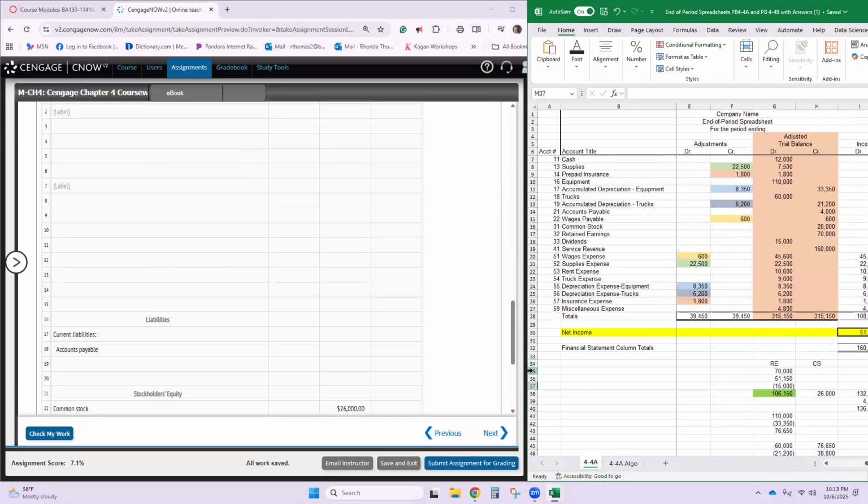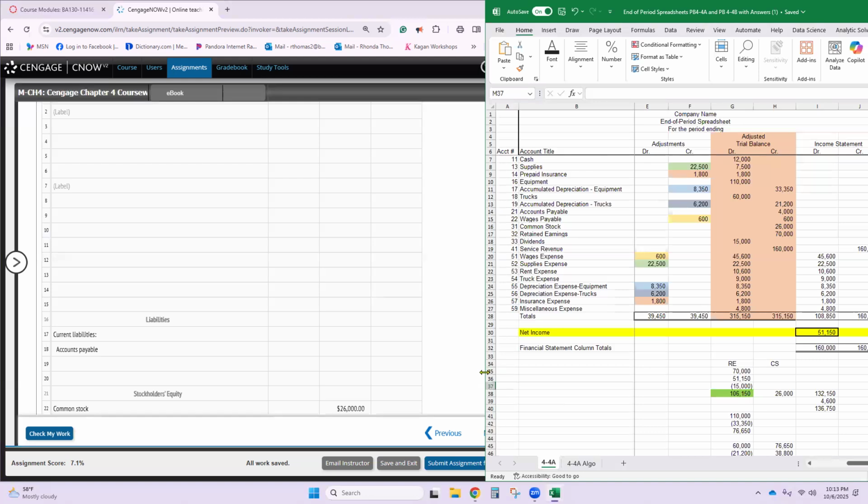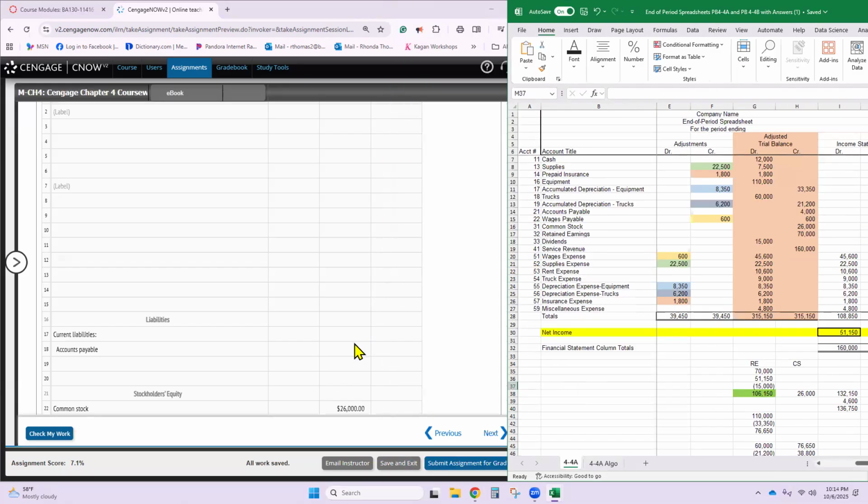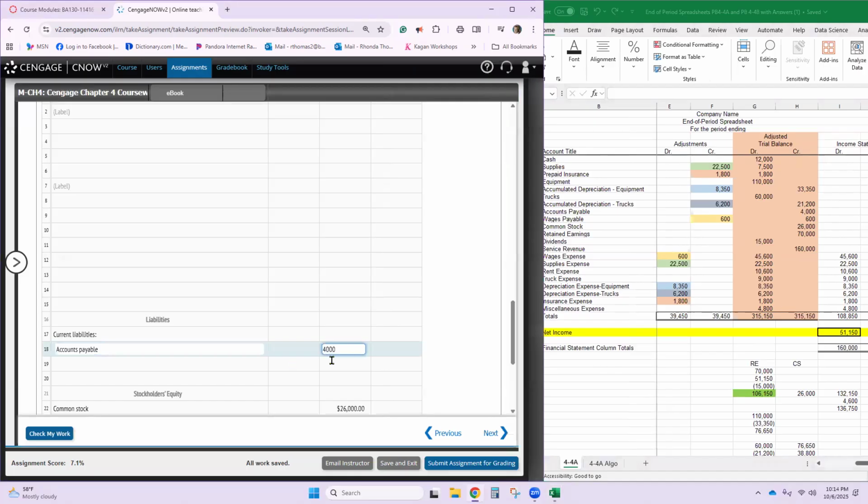Okay, the balance sheet is over here. Okay, so we need 4,600. 4,600 is our two liabilities. 4,600, and this is wages payable.